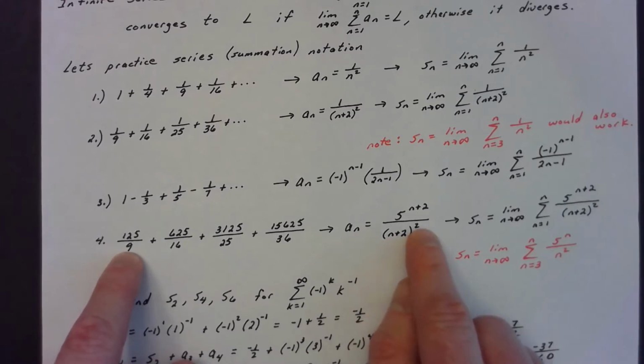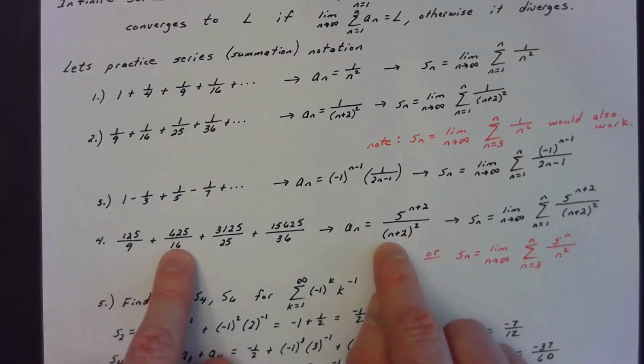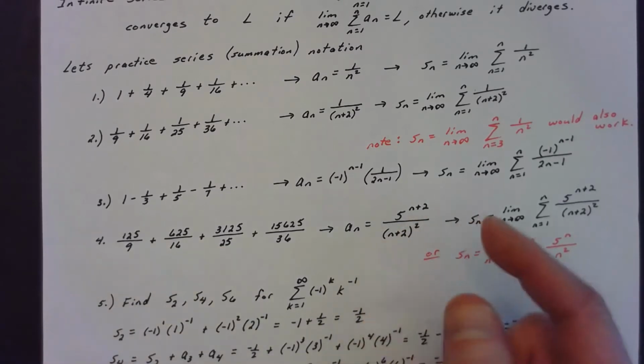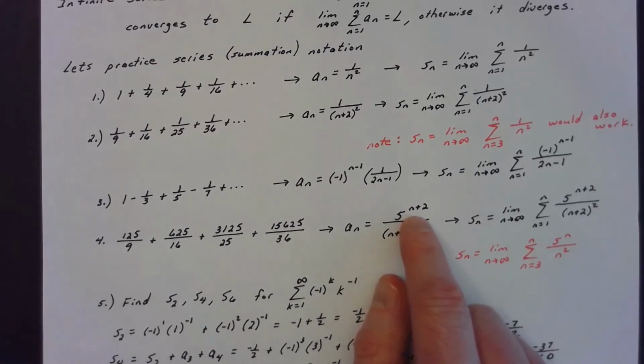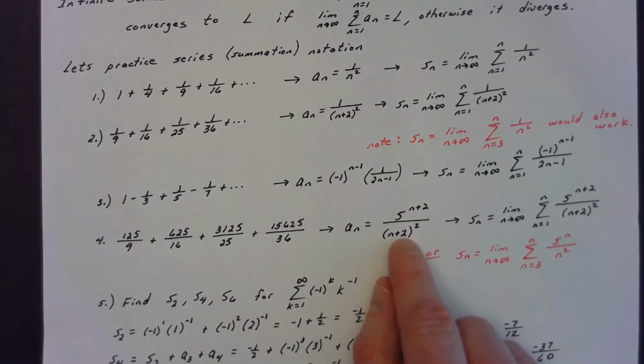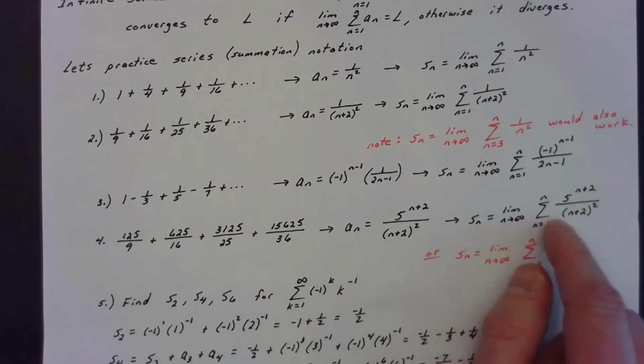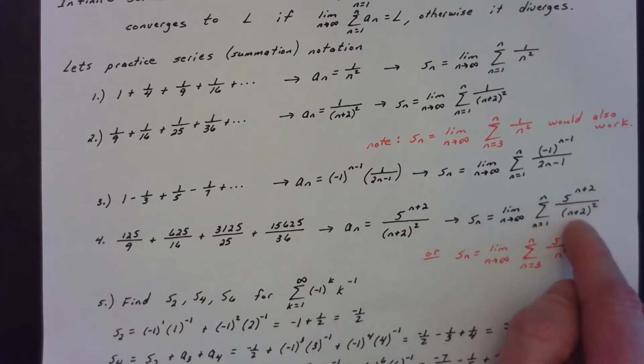That'd give me the 3 squared. The next term, n would be 2, so you'd have 4 squared. The next term, n would be 3, you'd have 5 squared. It's going to give you all of that out. So I could just say my general term is 5 to the n plus 2 over n plus 2 quantity squared. And then the summation of the series can be that 5 to the n plus 2 over n plus